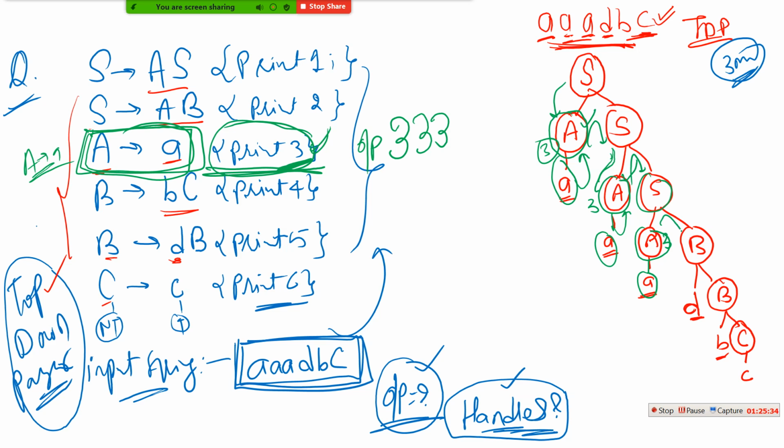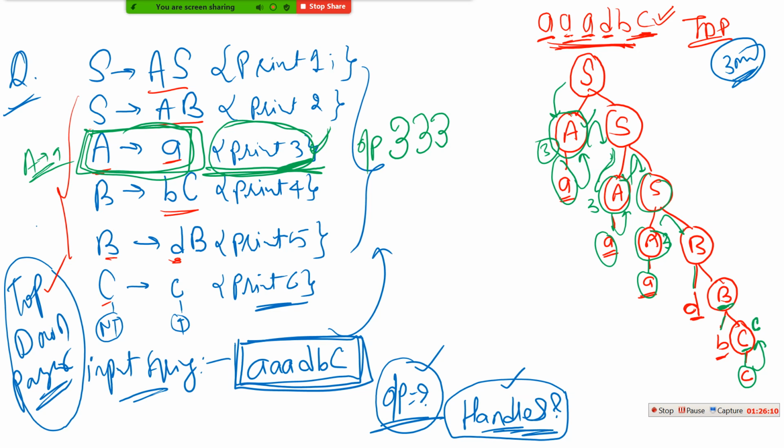Now after that I will go to this B. This B is generating b, but this B is generating dB, and this B is not executed completely, because this d will be along with this B, but this B is generating bC, and this C is not yet completed, so this C is now generating c. So first, when I got the value small c here from this B,